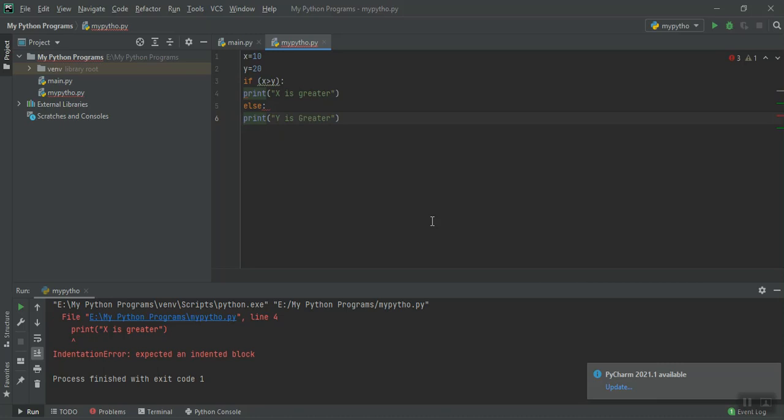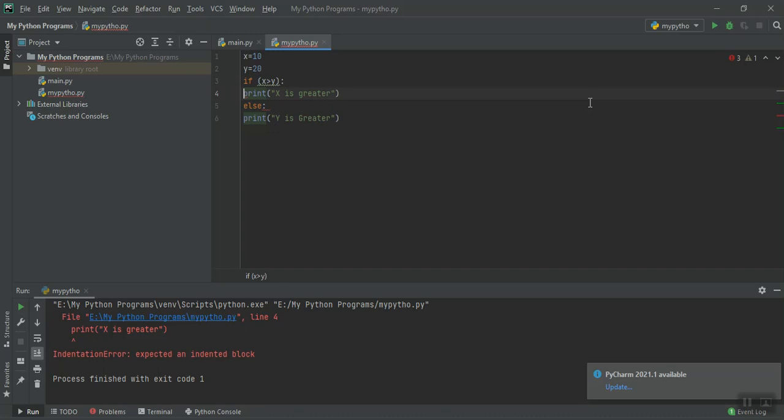So we have to follow the indent rule. In C programming also we should follow the indent rule, but it is not compulsory, whereas in Python you have to follow it. What is that indent rule?